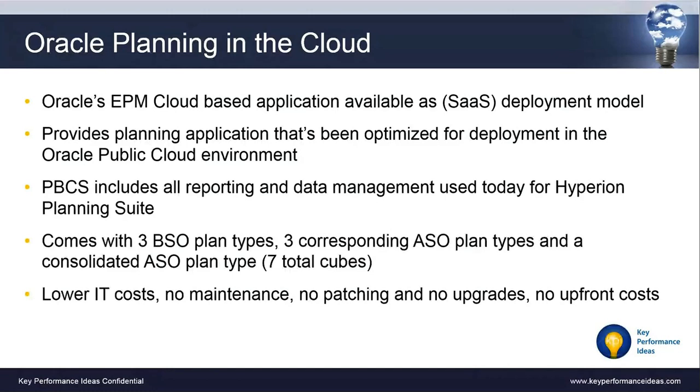So if you have any integrations in on-prem with data management or with FDMEE, we can move those into the cloud. It comes with 3 BSO cubes and 3 ASO cubes with an additional ASO consolidation cube, which is usually leveraged as a reporting cube. The multiple benefits that we can see from PBCS, the clear benefit is its lower IT